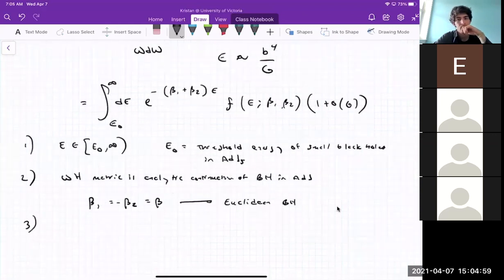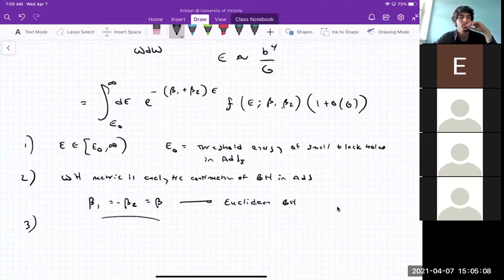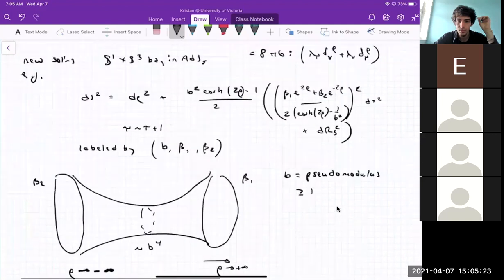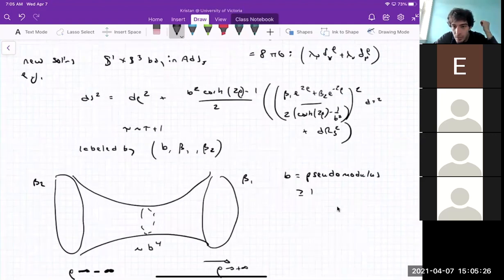Sorry, but you don't have two boundaries, no? Well, yeah, this is what I'm saying. If you take the thing with two boundaries and you substitute in this, and you choose the parameters such that the geometry is Euclidean, then it basically chops the wormhole in half. Why is that? Let me plot this. If you make that choice and you look at the tau component, the circle shrinks to zero size at rho equals 0. Oh, I see. So it's a cigar, and then if you impose regularity, it is just the black hole. I see.